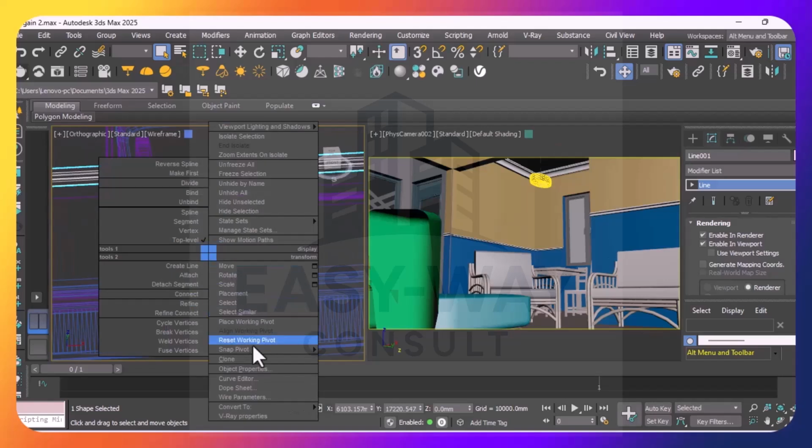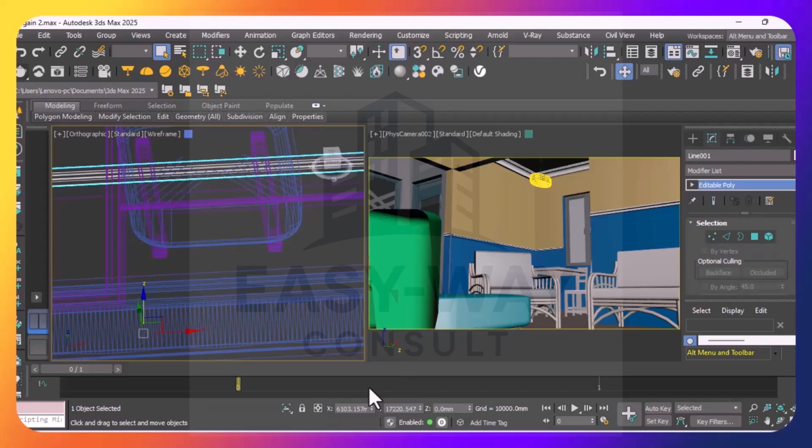You right click and we go to convert to editable poly. You click on editable poly. So now you have converted it to editable poly. You can see it here. Editable poly. So when you have done that,